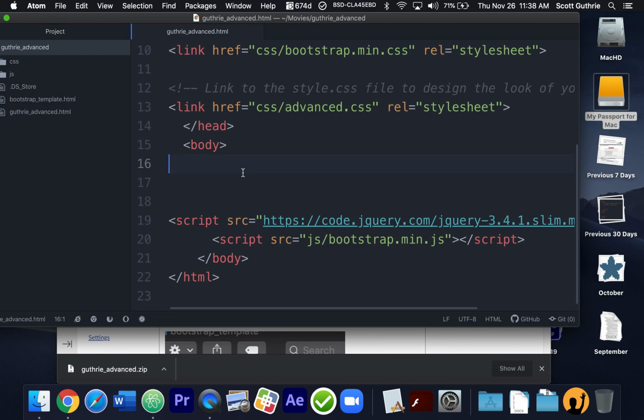Hold the control key down and press S as you work, or on a Mac, command. So control on a PC or a Chromebook, you hold the control key down and press S to save. So the first thing I'm going to do is I'm going to build